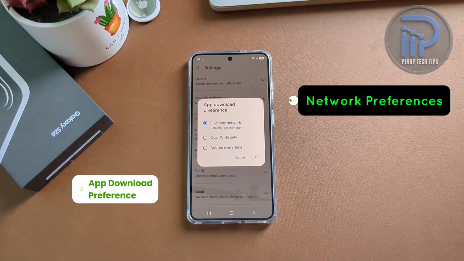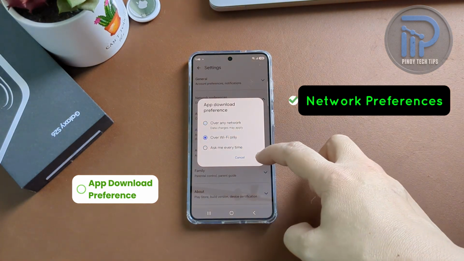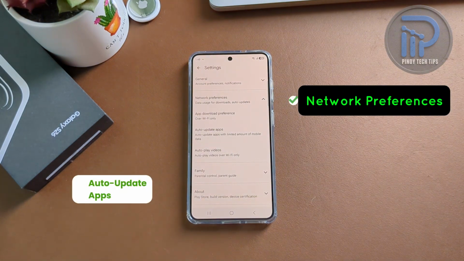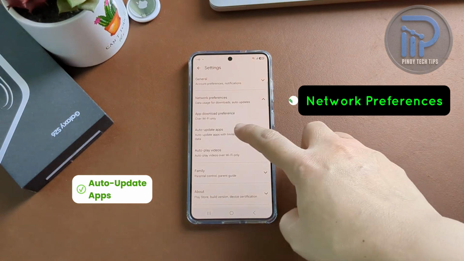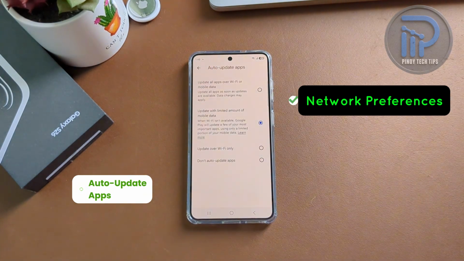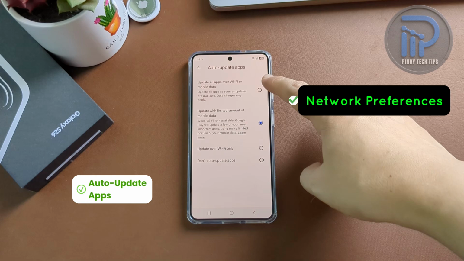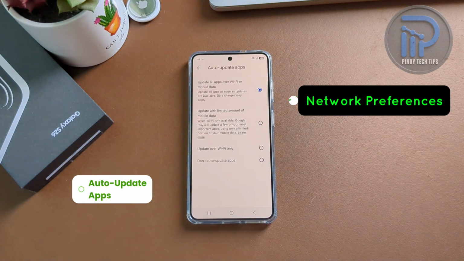If you're concerned about mobile data usage, select over Wi-Fi only. If you want more control over each download, choose Ask Me Every Time. Tap OK to save your preference. Next, tap Auto Update Apps. Depending on your software version, you may see options such as Update over Wi-Fi only, Update with limited mobile data,